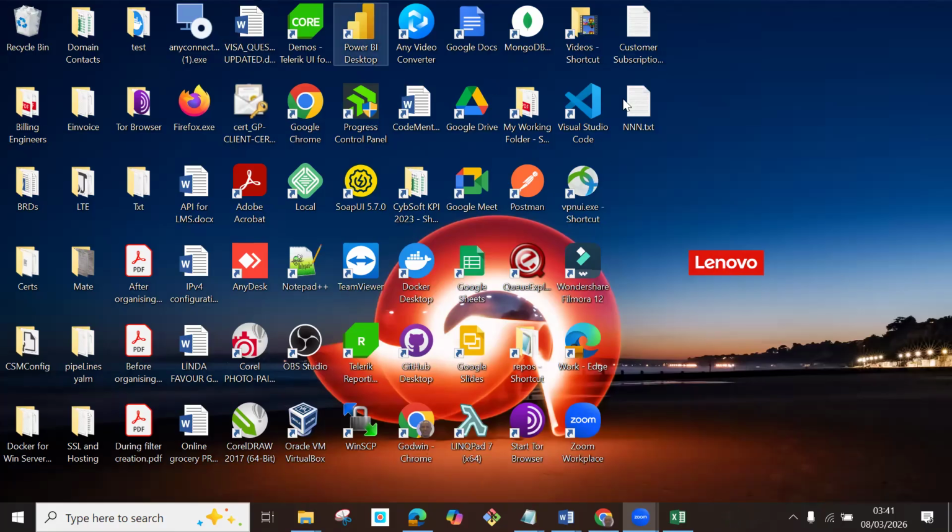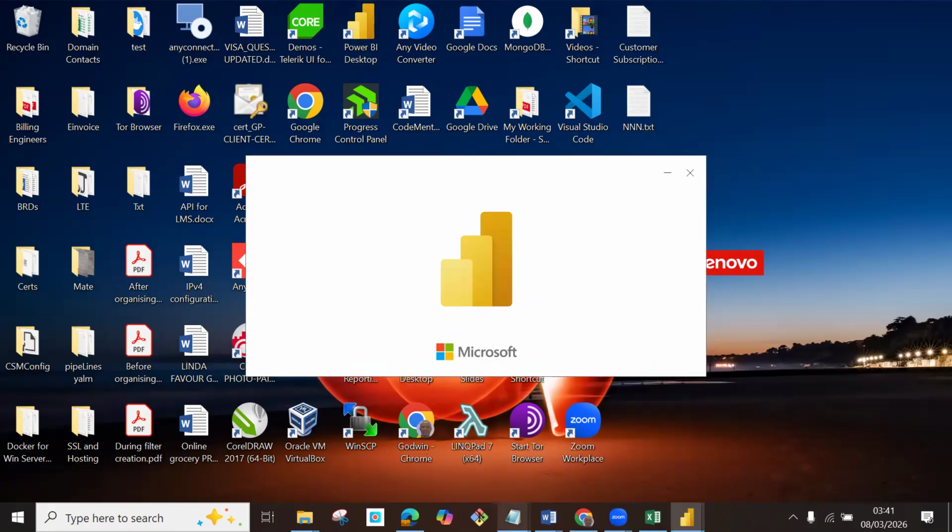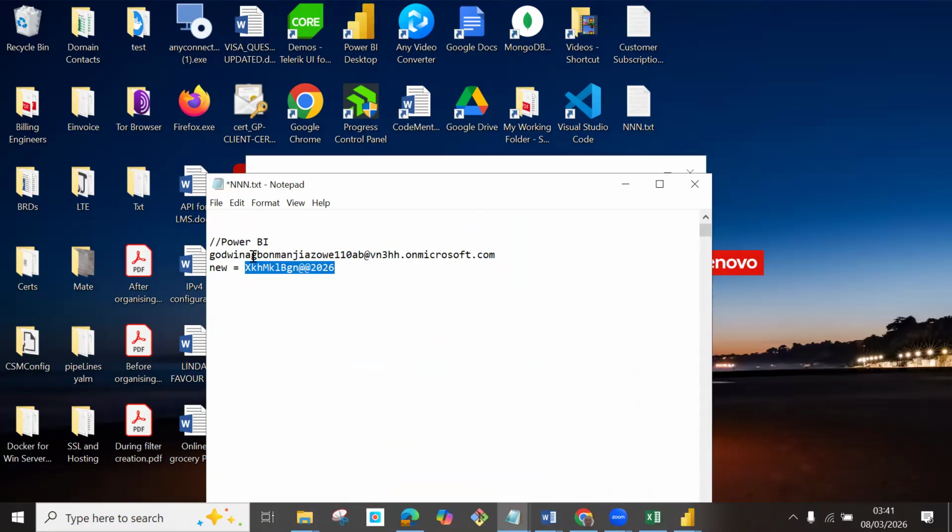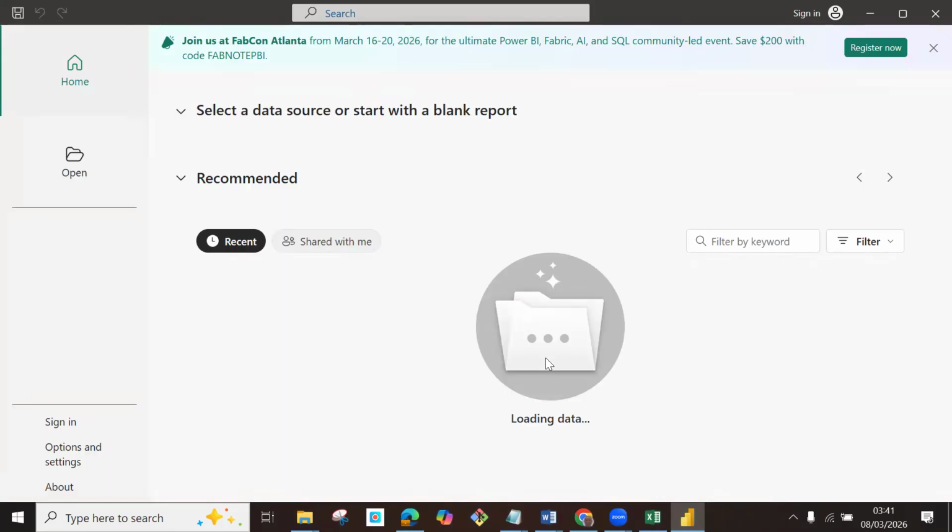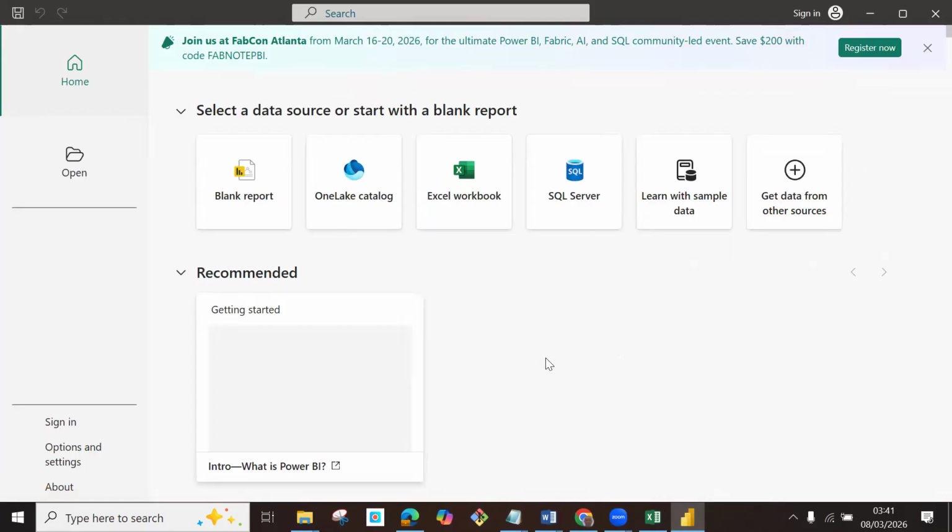This morning, I want to quickly talk about deployment of Power BI reporting to online so that those that need to have access to the report can do that. So first, we launch the Power BI desktop, and I believe you have credentials. If you don't have, you find a way to create your account on Power BI so that you can be able to log in